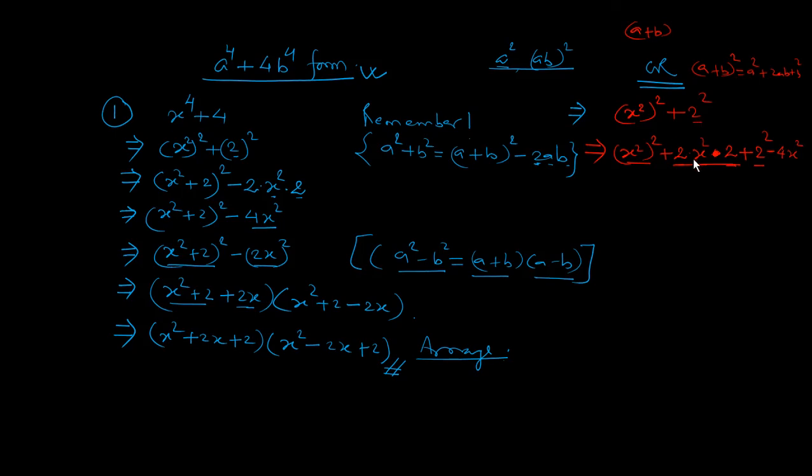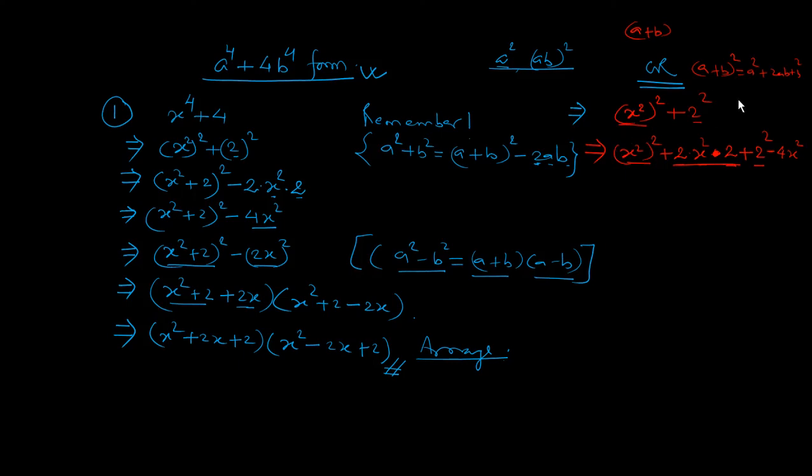Why have I subtracted this? Because this middle part is not given in the first step. I have added it for my own requirement, in this pattern, so I have subtracted it. If we compare the first and second steps now, this term and this term cancel, and (x²)² + 2² remains. It means the first and second steps are the same.